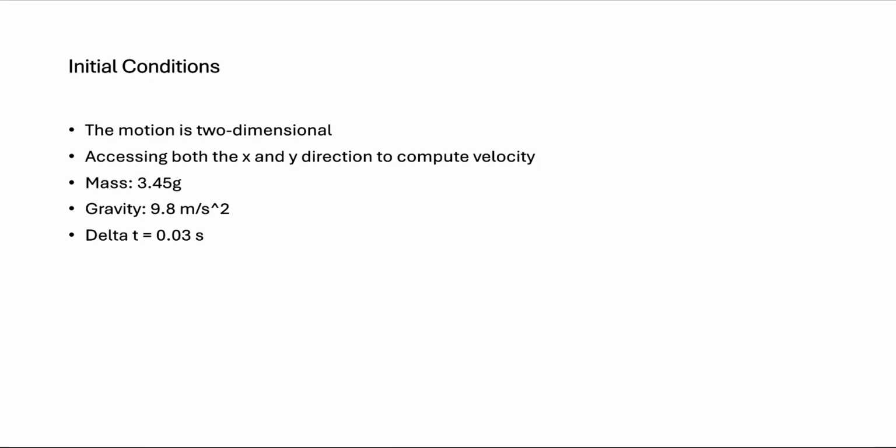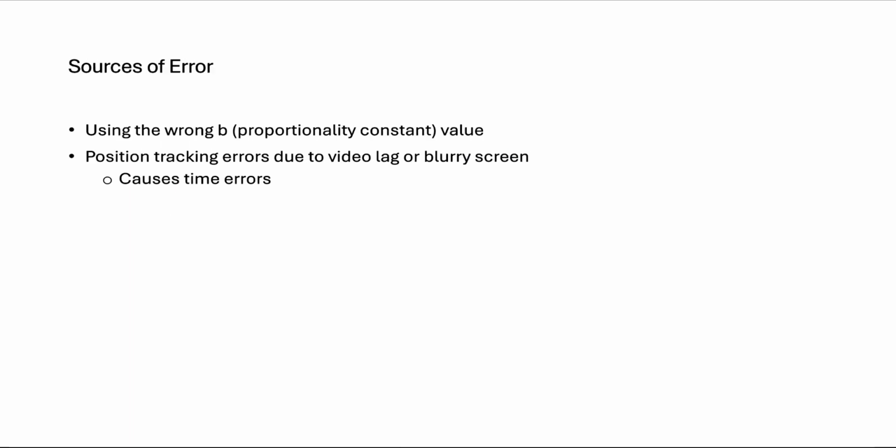Now, the initial conditions: the motion is two-dimensional. It accesses both the x and y direction to compute the velocity. The mass is 3.45 grams, the gravity is 9.8 meters per second squared, and delta t is 0.03 seconds. Now, the sources of error are using the wrong proportionality constant b value, or position tracking errors